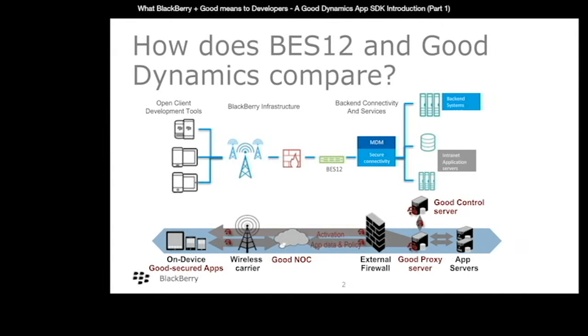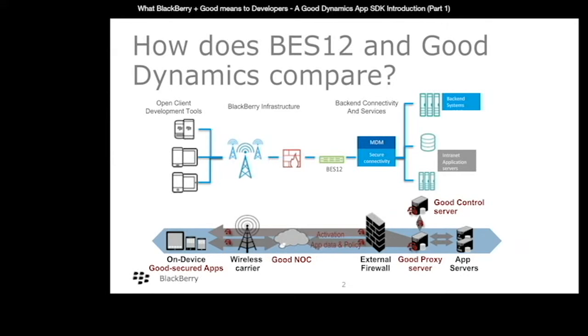The top picture that I've got here is a very classic BlackBerry view of things, where you've got devices on the left-hand side, you've got BlackBerry infrastructure, a firewall connecting to a BlackBerry Enterprise Server, where from there you get access to your different back-end systems. The Good model is almost identical in terms of its presentation. Again, you've got devices on the left-hand side, you've got wireless infrastructure, you've got the Good Network Operations Center, similar to the BlackBerry one. Again, a firewall. In fact, the biggest difference, which isn't actually labeled on this slide, is how the BES communicates to the devices,